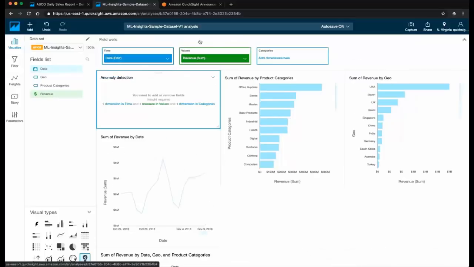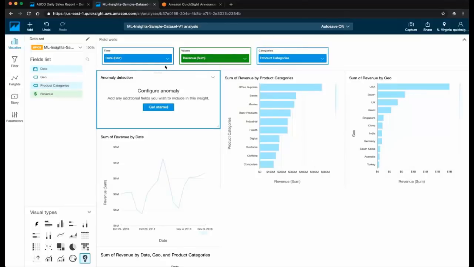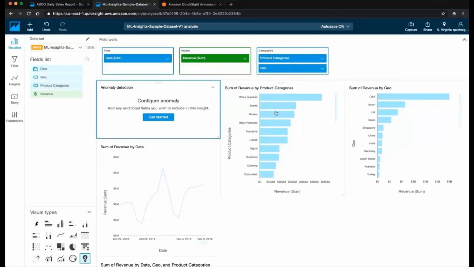If I expand the field wells on the top, there are a couple of fields that are pre-populated based on the visualization that I took them from: the date field and the metric revenue. To run anomaly detection, you also need at least one category. So I can pop in the product categories field, and I can also pop in the geography field. You can add up to 5 different categories in the field well to run anomaly detection on. If you have multiple categories, what we do is we take revenue over time and we split this by each of the